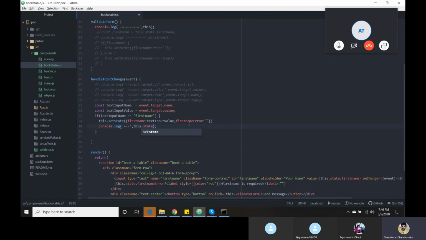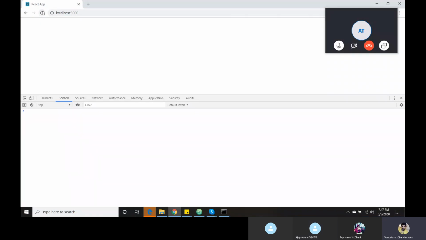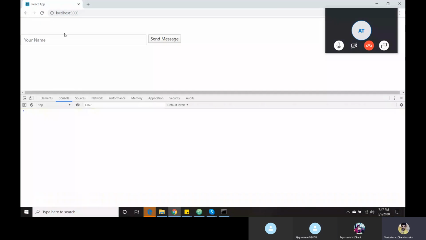This dot state. This is a common expectation whether I am checking. Okay, Ajay, you did like this. Whenever you are changing, you need to check what input you are getting in your first name. That's why you did like this. I will tell you the reason why I just want to remove it. I said remove that line. Where is the field? Now I'm entering.